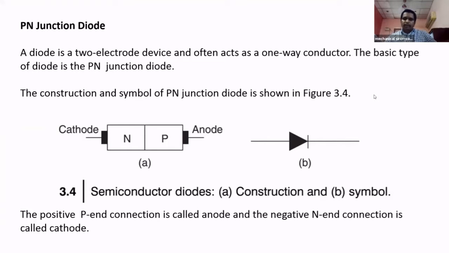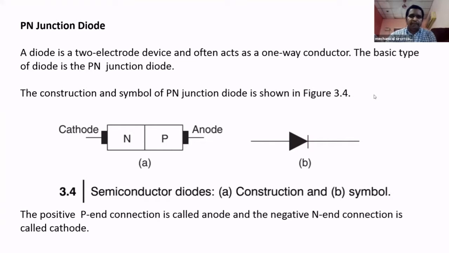Already I explained what is a semiconductor, what are the semiconductor materials, what is doping, what are the doped semiconductors, what is n type, what is p type, what is p-n junction in the previous class. In this class, let me explain about the p-n junction diode. In today's class the first topic is the p-n junction diode.